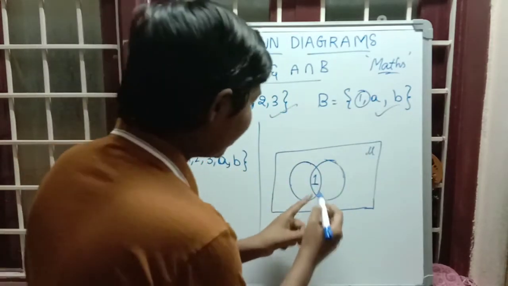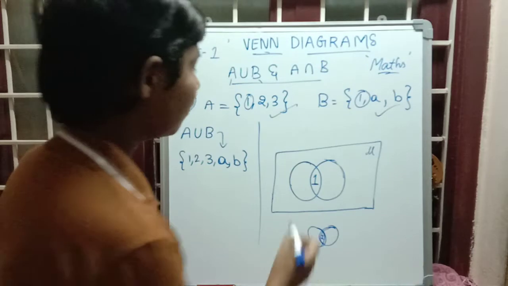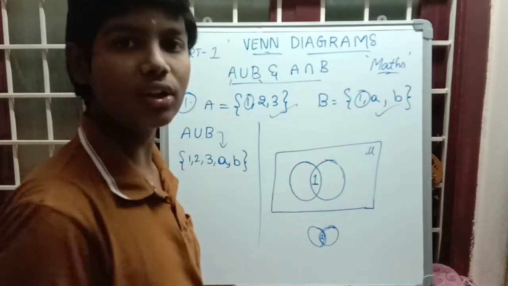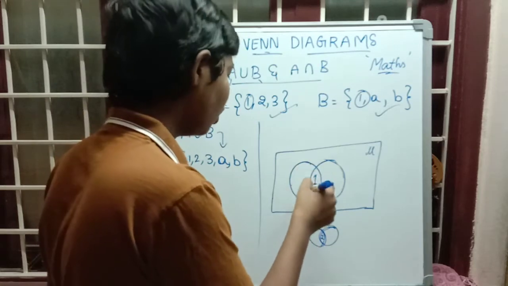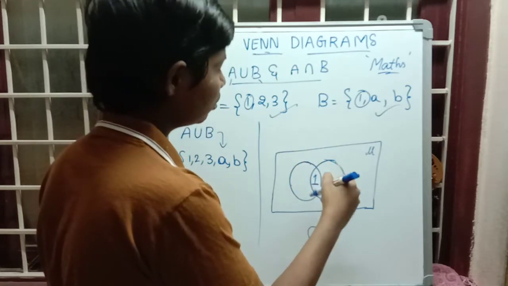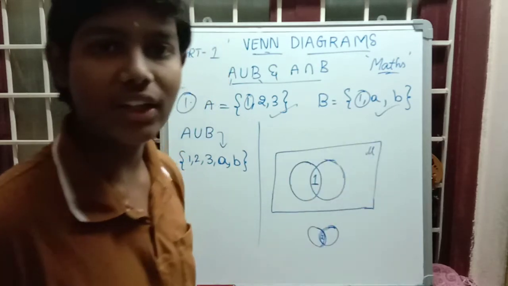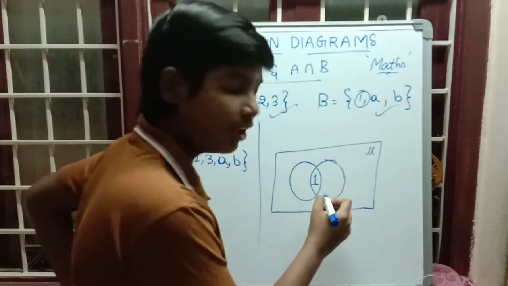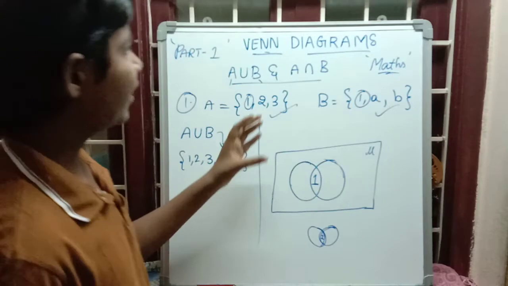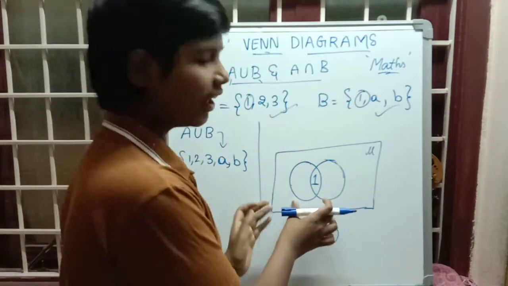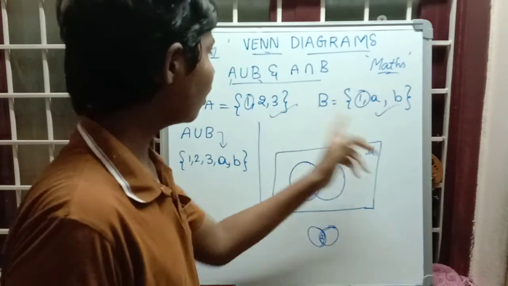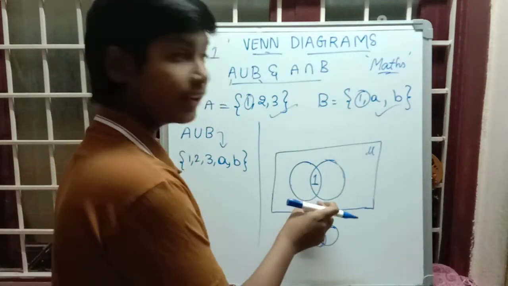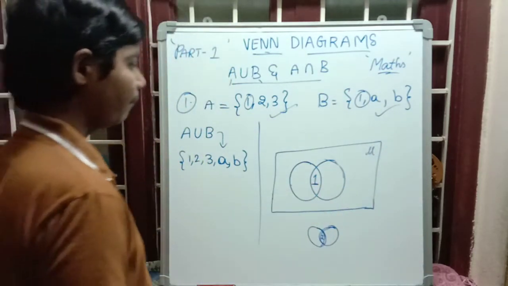So we are taking 1 as common here, meaning 1 belongs to set A and set B. Set A is what we are denoting by the circle, so it belongs to this circle, and 1 belongs to the second circle also. So in the middle we are taking the 1. Every Venn diagram will be taken like this. According to the question, if there are common elements in both set A and set B, we are going to take a diagram like this.